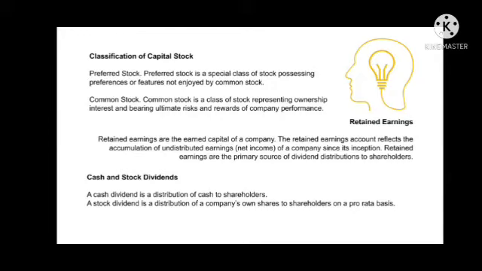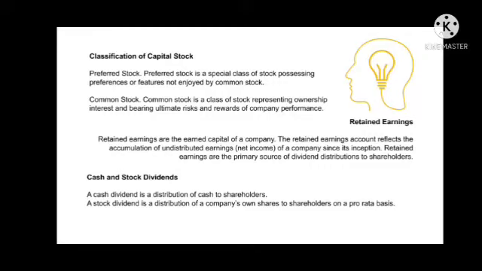Classification of capital stock. There are two classifications of capital stock. The first one is preferred stock. Preferred stock is a special class of stock possessing preference or features not enjoyed by common stock. And then common stock. Common stock is a class of stock representing ownership interest and bearing the ultimate risk and